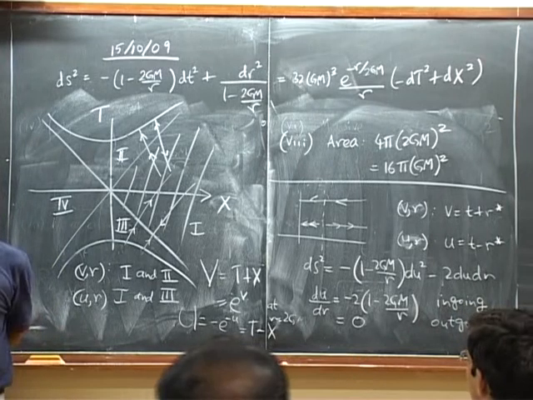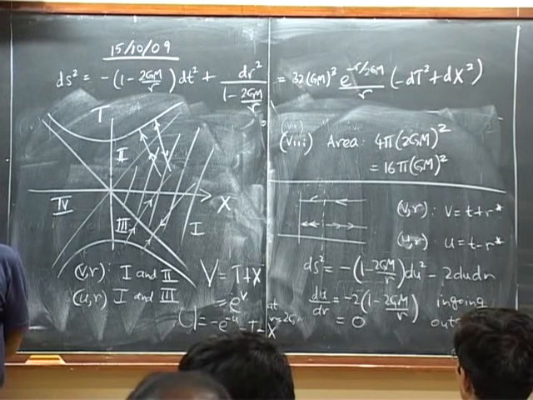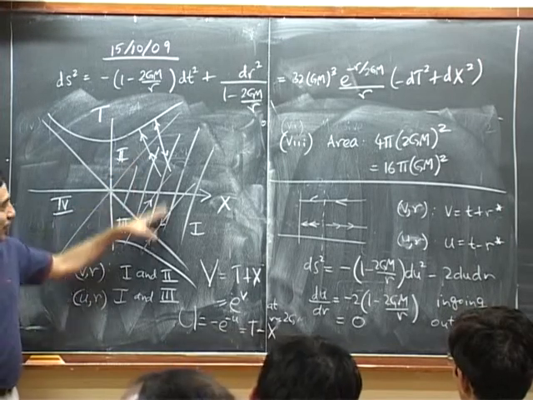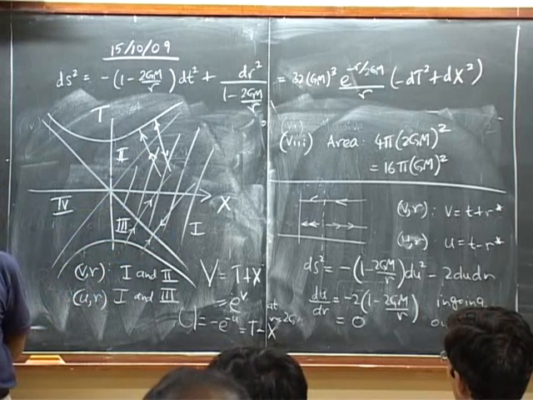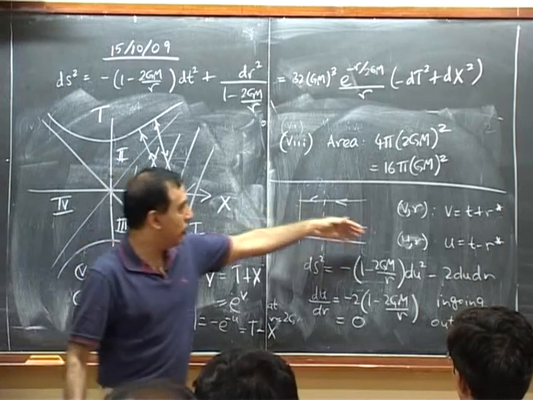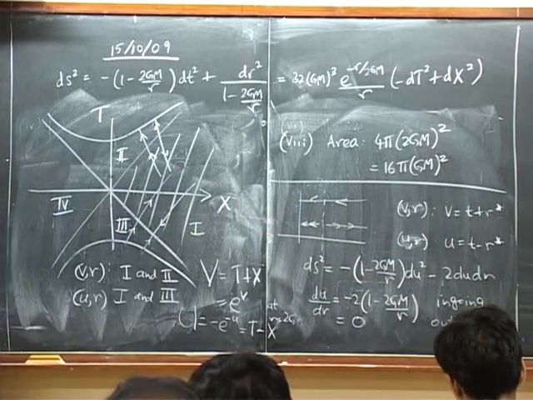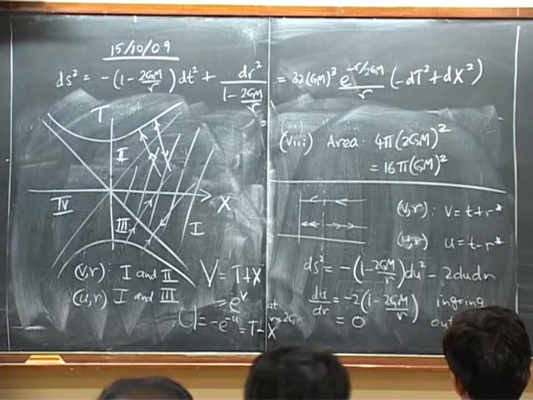Any other questions? Is it like the advanced and retarded solutions which we have in EM? So here we are discarding one solution. We are actually not discarding. There are many solutions. First of all, the general rule is that any second order equation has two solutions. You can see that because the geodesic equation is a dot squared, b dot squared, r dot squared, and so on, it's going to have two solutions. It's really two sides of the square root. That's very common in physics.